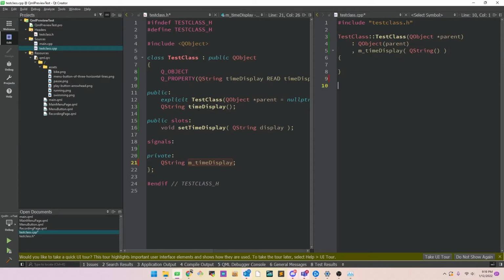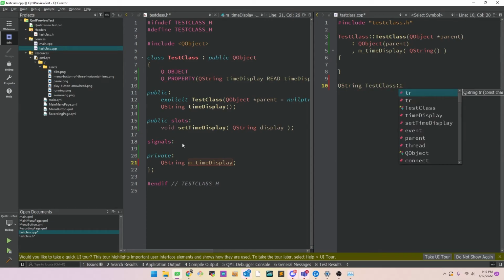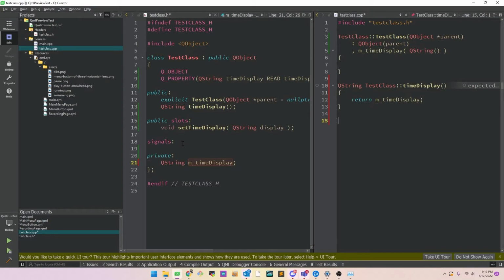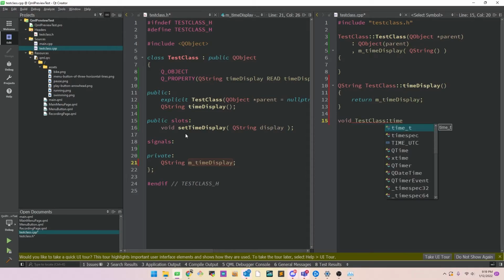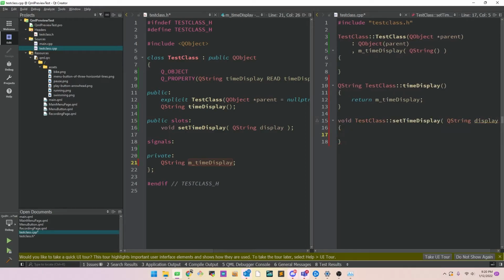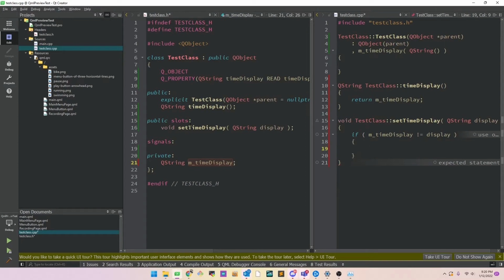And then let's implement this setter and getter. So QString TestClass::timeDisplay will return m_timeDisplay. And now for the setter, void TestClass::setTimeDisplay. This will take a QString. So with Q properties, I like to first check if our private member variable time display doesn't equal the display. Then we will set it equal to it